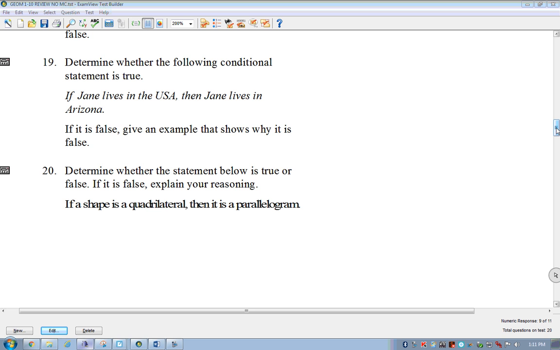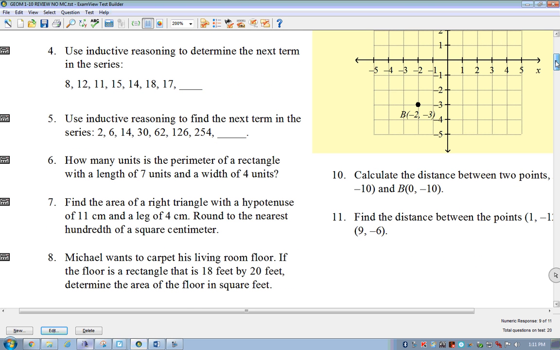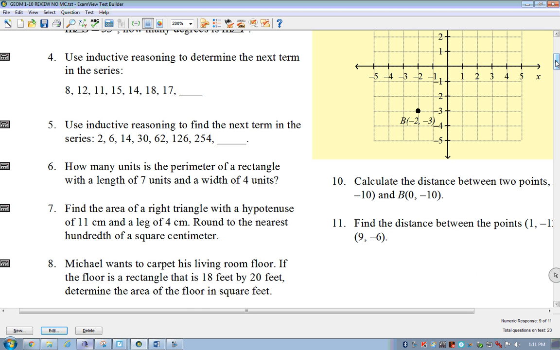Let's say after that, back on up to number 5. Use inductive reasoning to find the next term in the series: 2, 6, 14, 30, 62, 126, 254. What do we think? Anybody know what the pattern is here? There's multiple ways you could look at it. Notice from 2 to 6 it goes up 4, from 6 to 14 is 8, so the difference is doubling. Another thing you could say is you take the previous number, multiply it by 2,